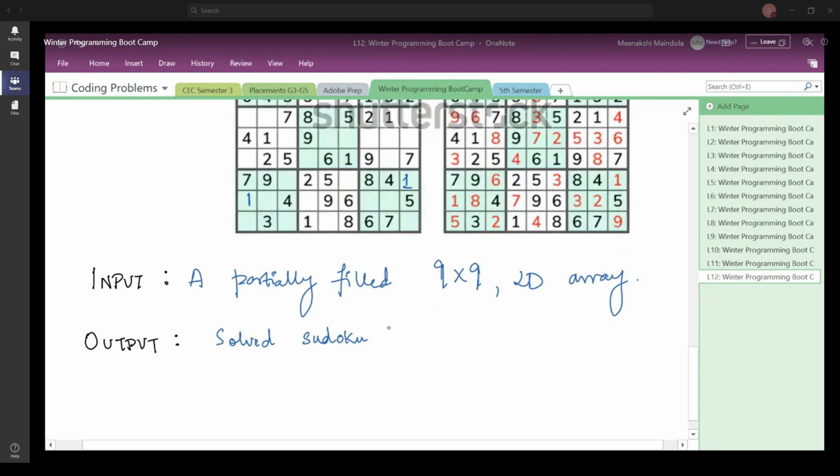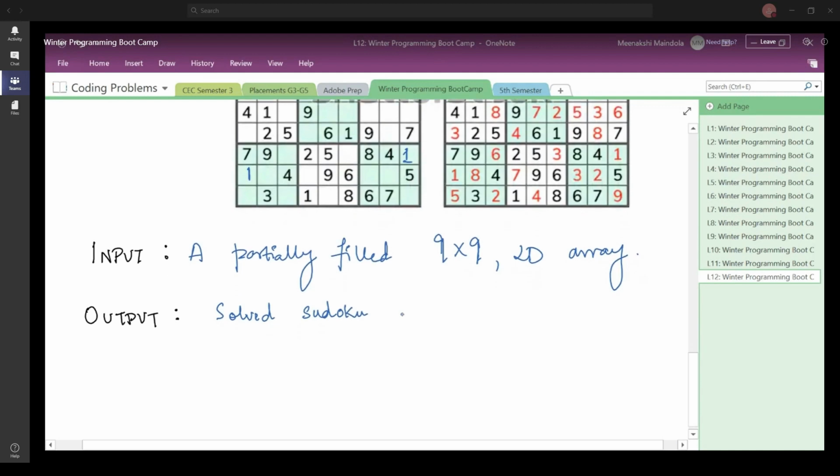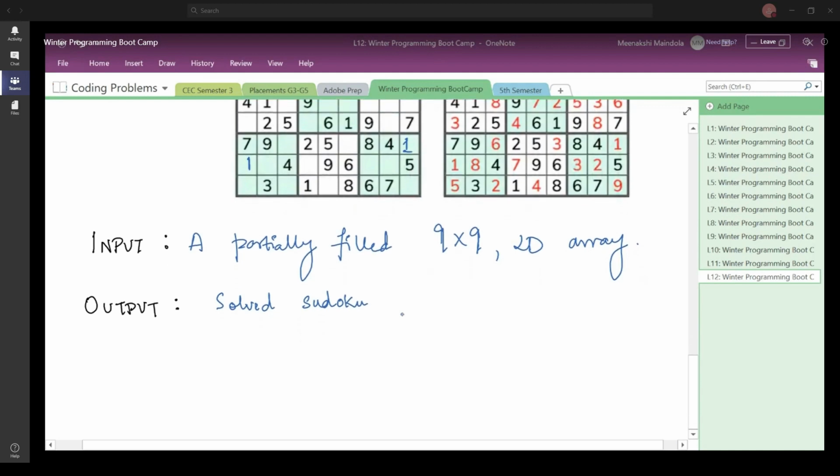Now, there can be different cases, edge cases that you can consider. So let us look at them as well, and then we are going to move ahead. Those edge cases include what if, if you are taking input from the user, the user gives you a completely filled Sudoku.